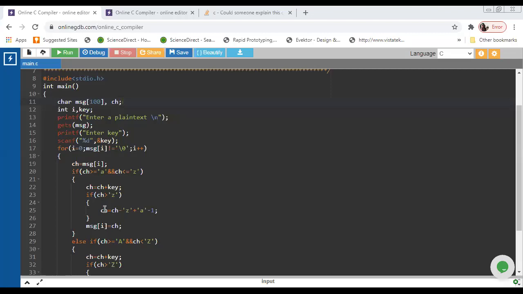So we subtract z's value and add a's actual value minus 1, and we have the character value, which is used as the message.